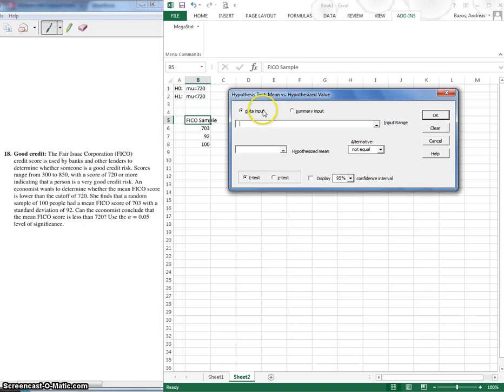So we don't have data input, we have a summary input. With the label, the mean, the standard deviation, and the N, just the way we want it. I can't enter it in here, I have to select the cells. Now I'm going to put in my hypothesized mean, which is 720, right? Mu is 720. That's what we're saying. We are doing a t-test. Our alternative is less than, so we're going to go to less than. This doesn't matter unless we want to do a confidence interval at the same time. We click OK,